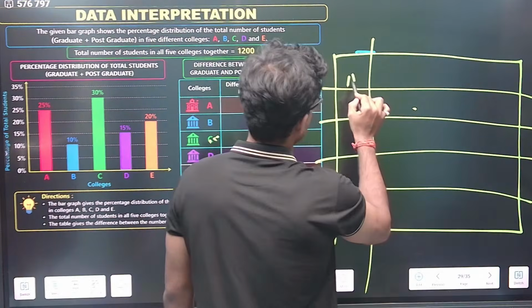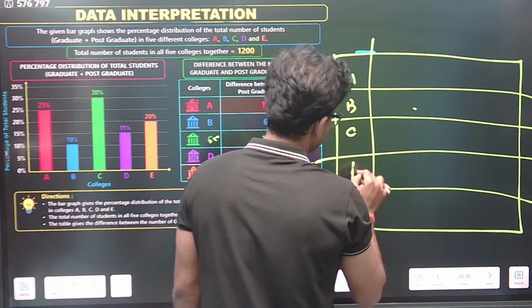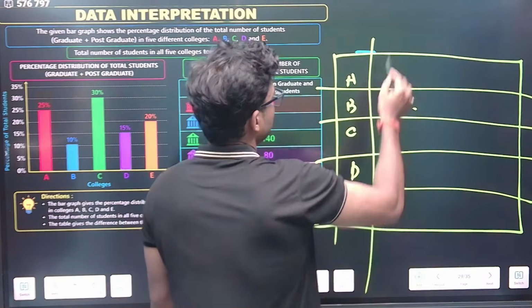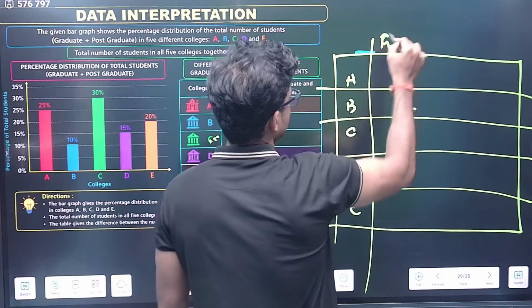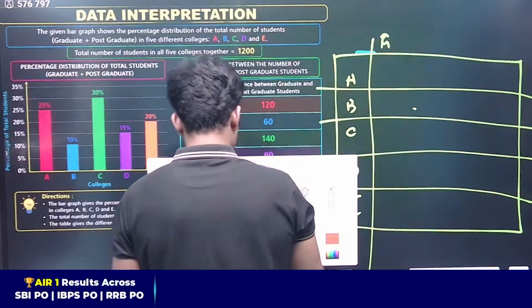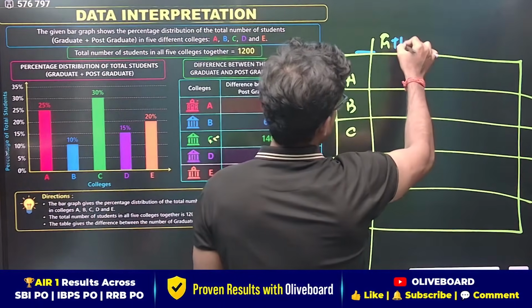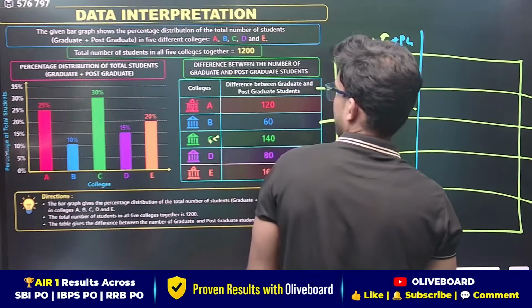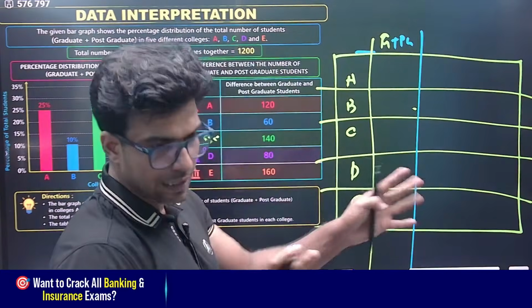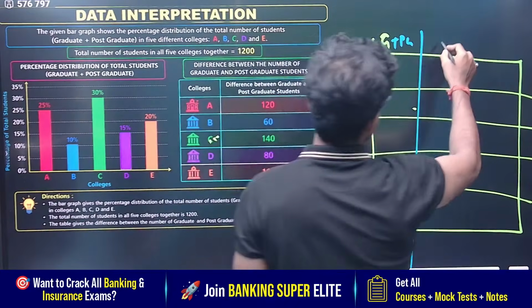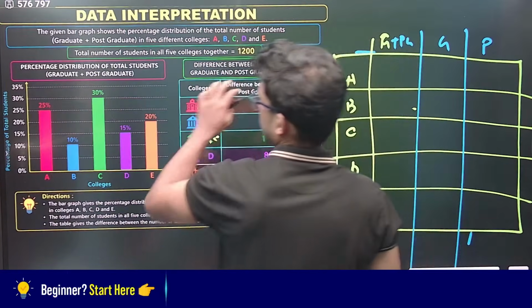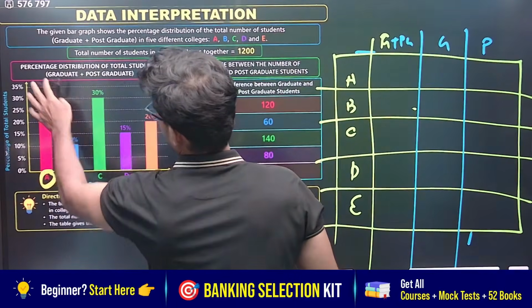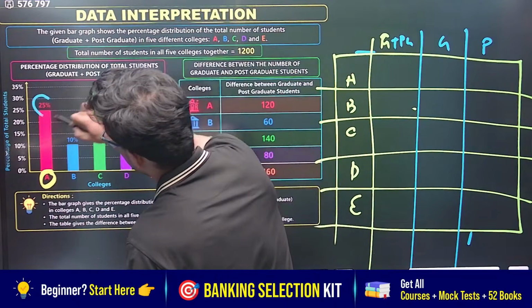This is A, B, C, D, and E. Write down the total which is given here, graduate and postgraduate. So graduate plus postgraduate. Then we have exactly the graduate, and then we have the postgraduate. So guys, when we see this percentage graph, because this is the percentage distribution, this shows 25%, which